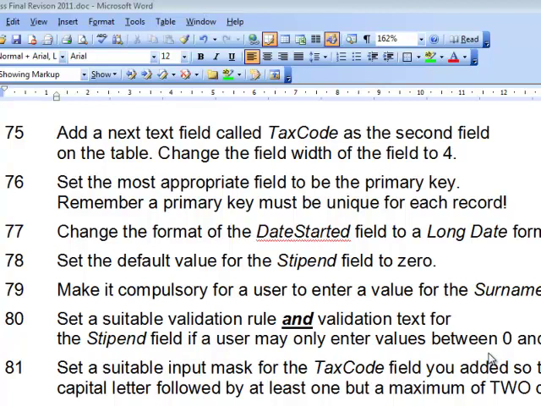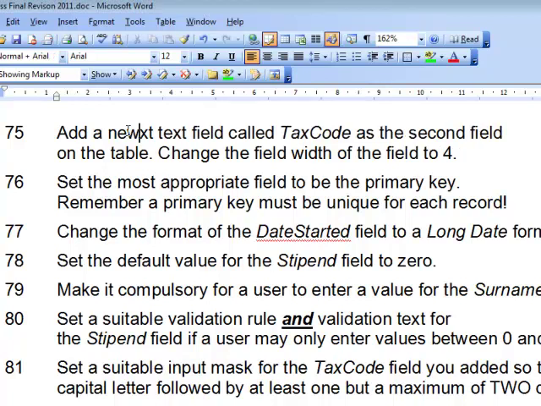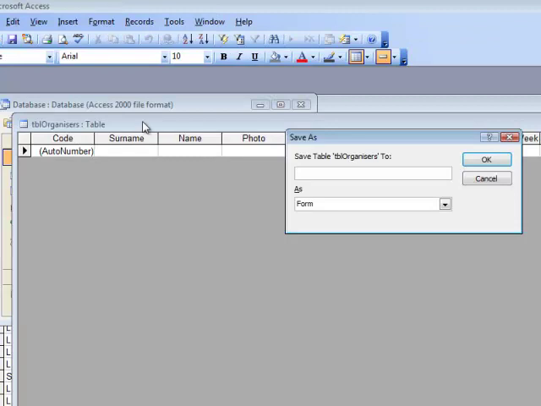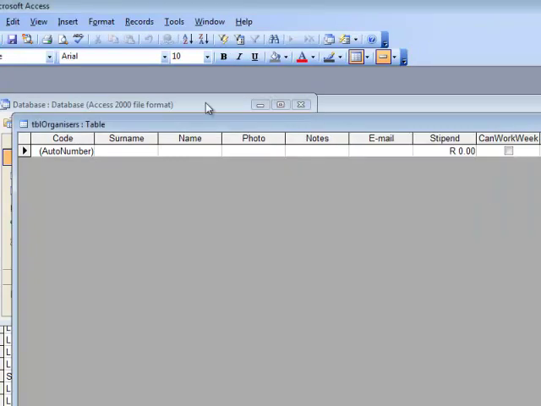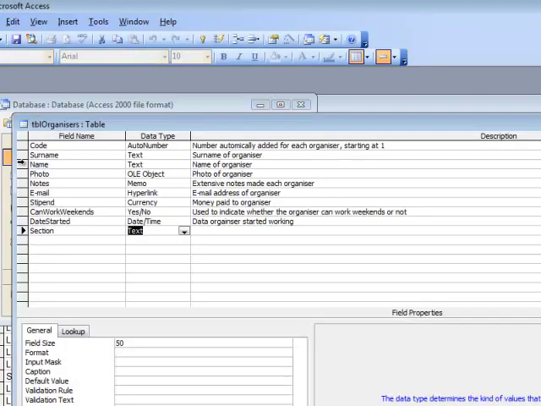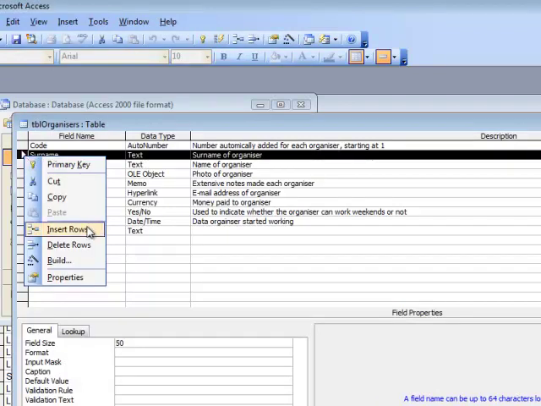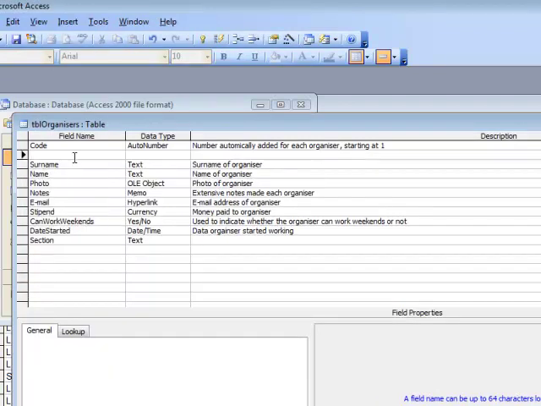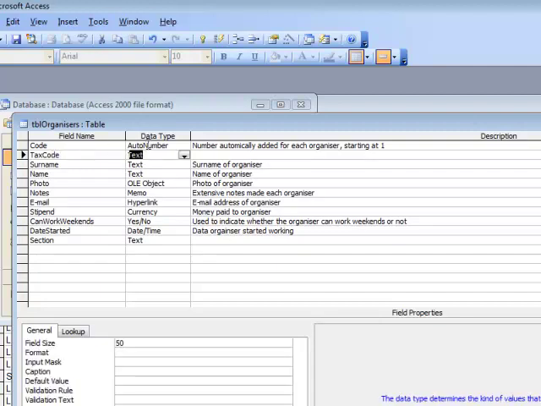We add, it's meant to be new, I would guess. Add a new text field called tax code as the second field in the table, and change the field width to 4. So we have a text field called tax code, and it needs to go into that table. Let's just go back into our table again. It needs to go in here, so I can insert a row there, and it's called tax code, and it's text, and the field size is the maximum number of characters I can store in it,